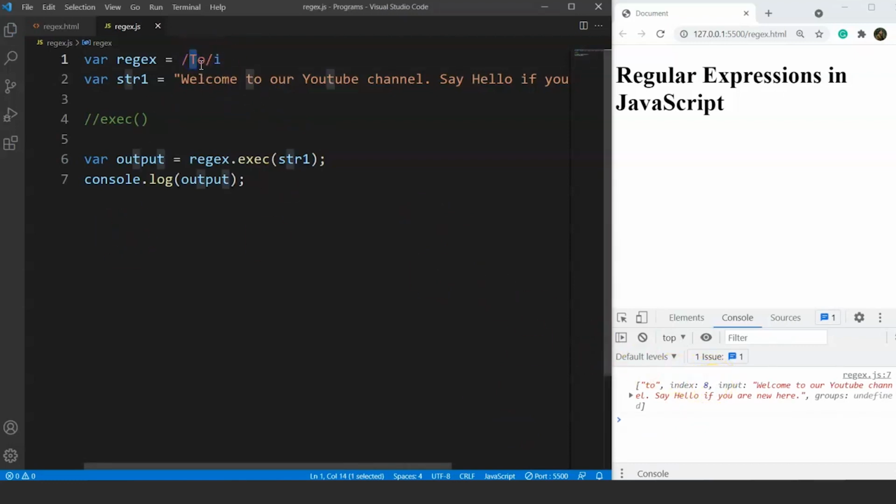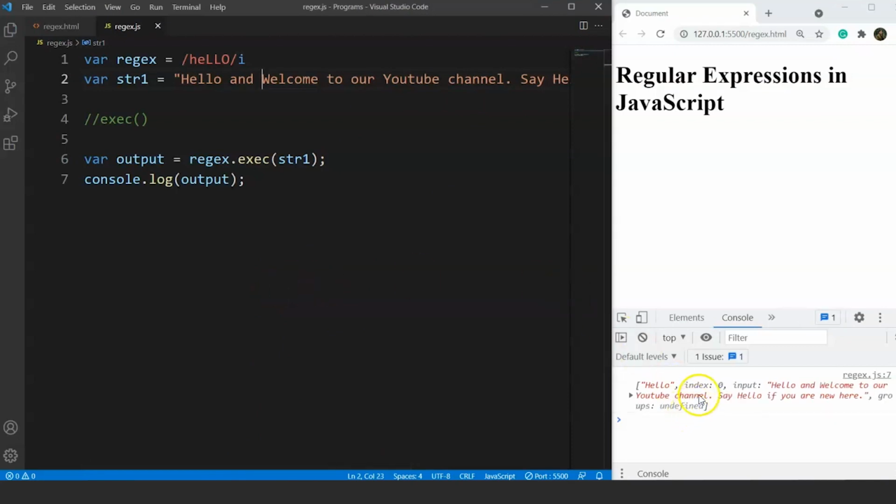Now if we change this string and write something other than this, so we'll write HELLO, but the 3 letters of this word are capital letters. Save it now, and you can see we have the output as index 36. So this is working fine. Now one last situation is if we write more than one hello in a single string. So if we write hello and welcome to our YouTube channel. Now there are 2 hello words present in a single string. Save it, and you can see we have the word hello at index 0. So it will return the first hello word in the string.